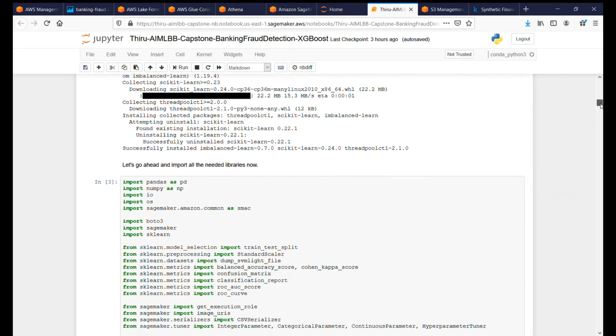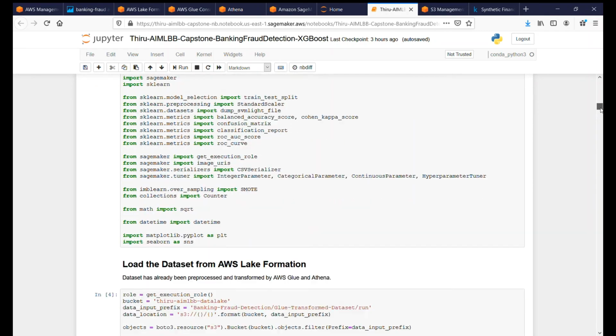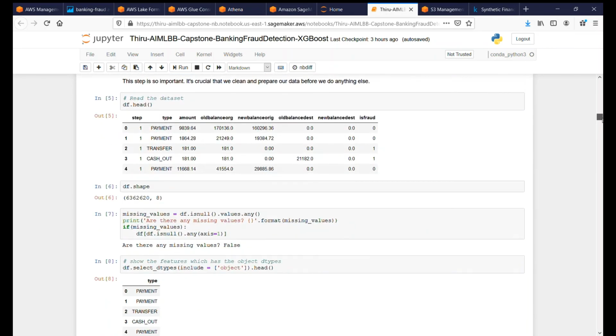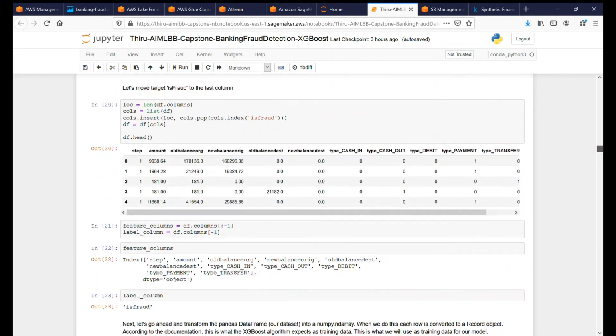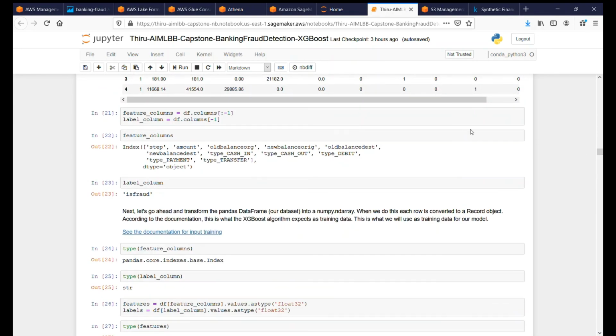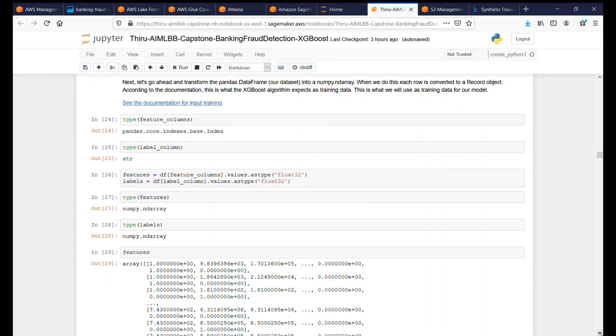This data, and then import the libraries here. This is similar to the previous model here. We just prepare the data and then one hot encode it, and then create feature columns and label columns, separate it out, and then split the data set into training, validation and test, and then convert it to numpy array here,